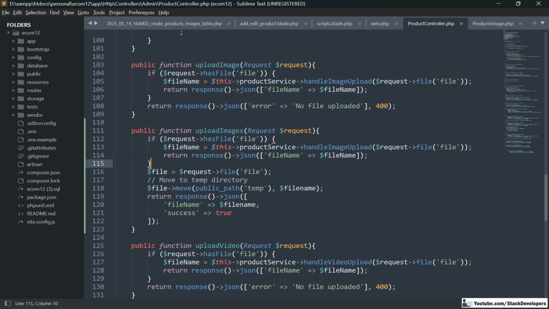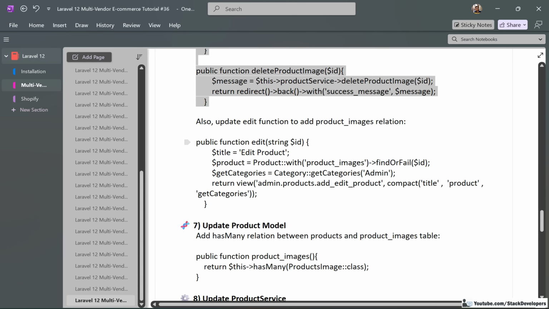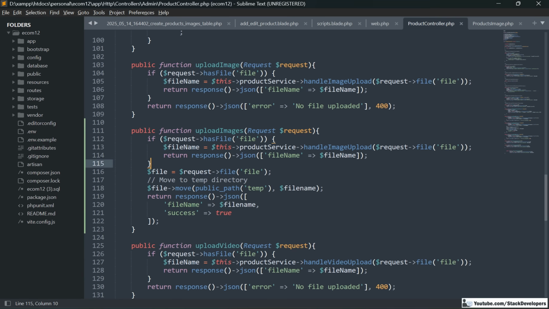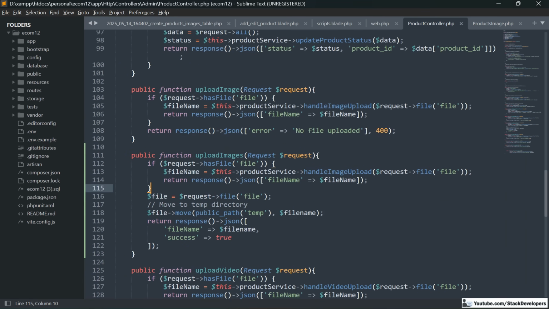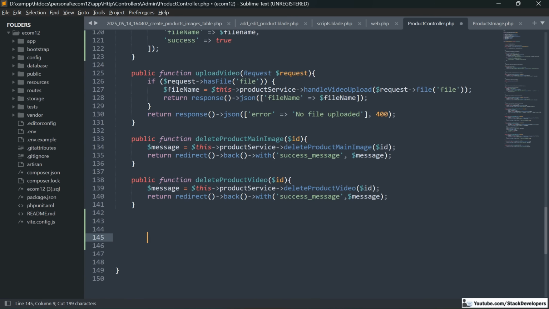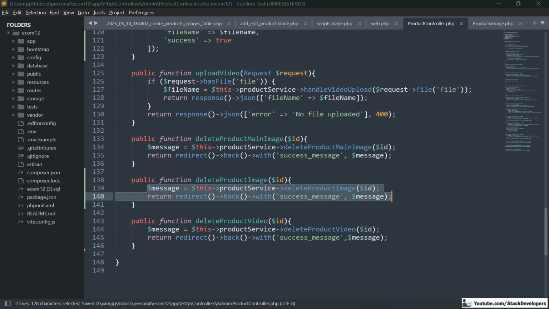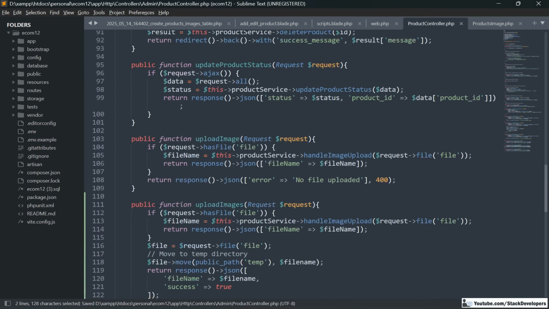Okay, so now in our next step we are going to update the edit function. And see, first the delete product image, we are going to add it as well. This one also we are going to move after this one. Okay, and we are going to update this edit function,